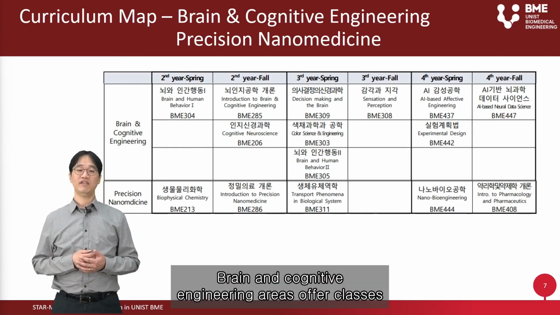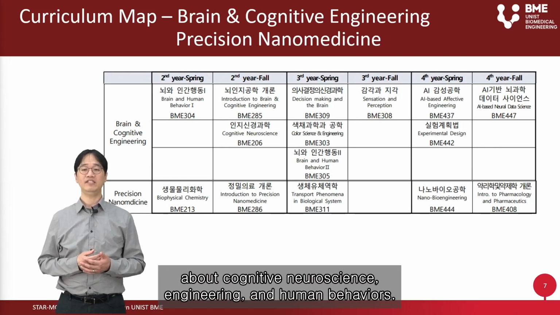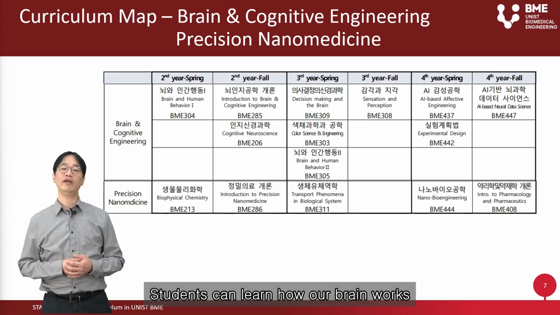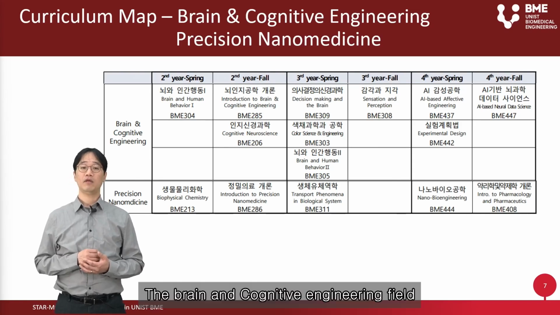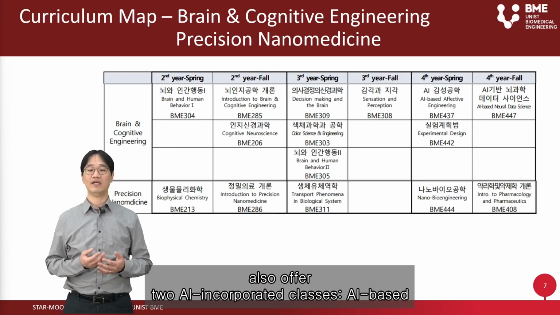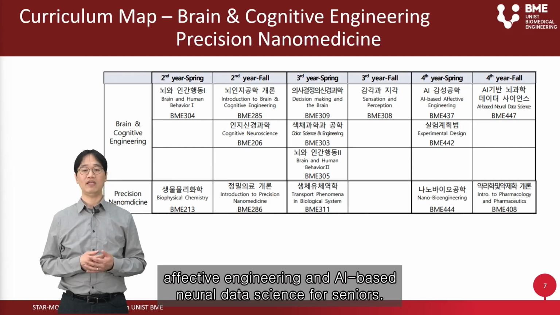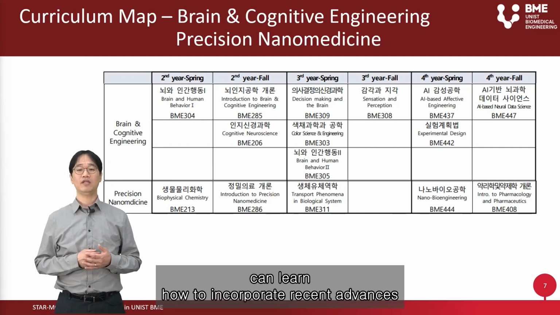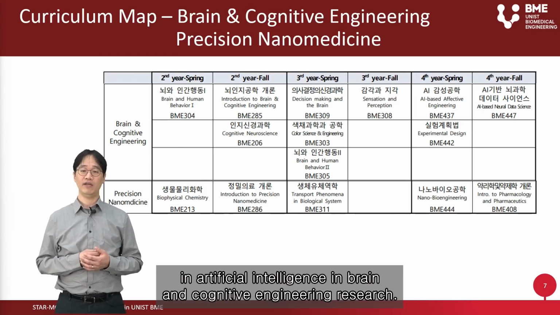Brain and cognitive engineering areas offer classes about cognitive neuroscience, engineering, and human behaviors. Students can learn how our brain works and how we can quantify them to understand our cognition. The brain and cognitive engineering field also offer two AI-incorporated classes, AI-based affective engineering and AI-based neural data science for seniors. By taking these classes, students can learn how to incorporate recent advances in artificial intelligence in brain and cognitive